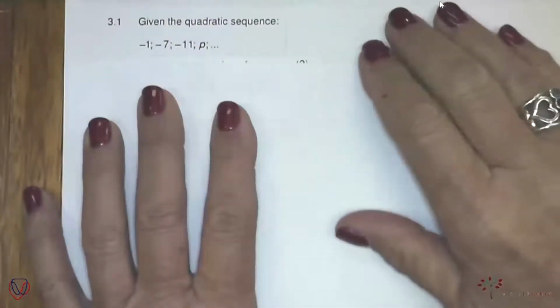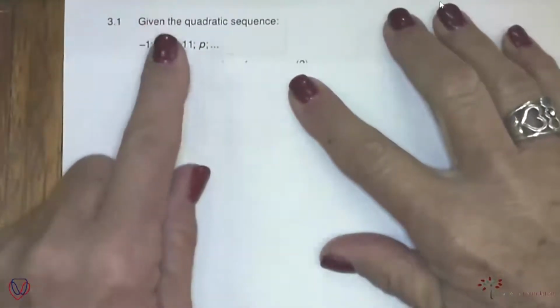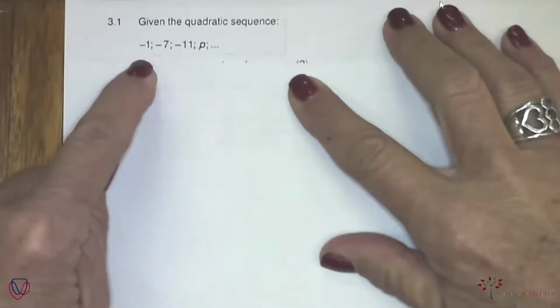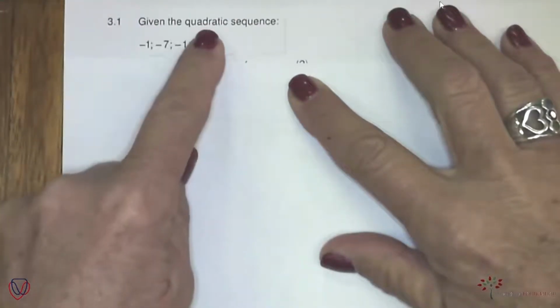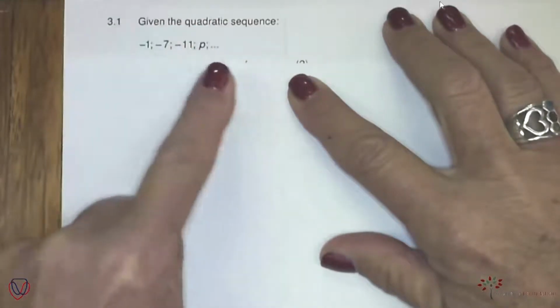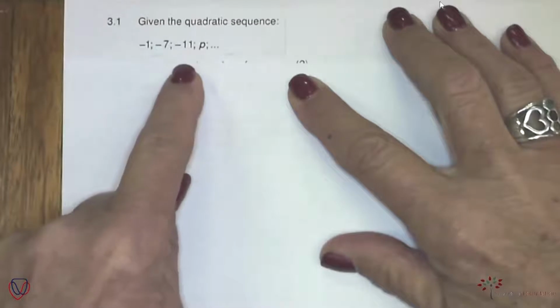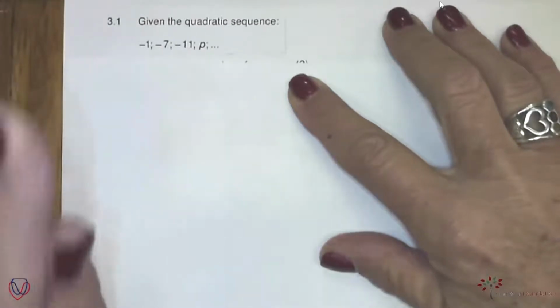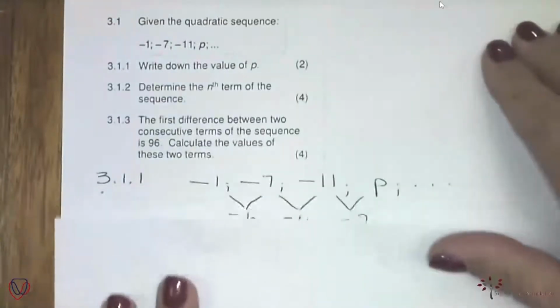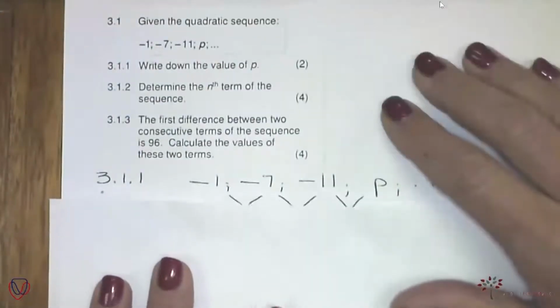Now, what do you know about term 2 divided by term 1? It's going to give you r. Can you see that? P divided by negative 11. What will that give you? R. So if I could put R equal to R,